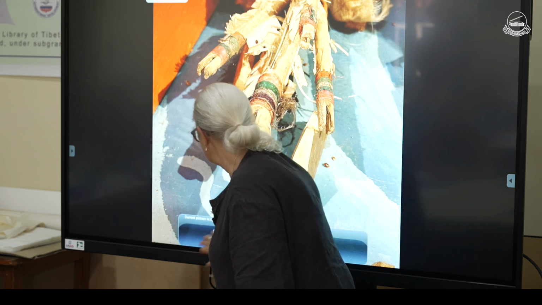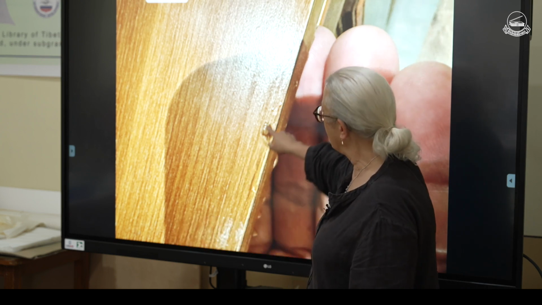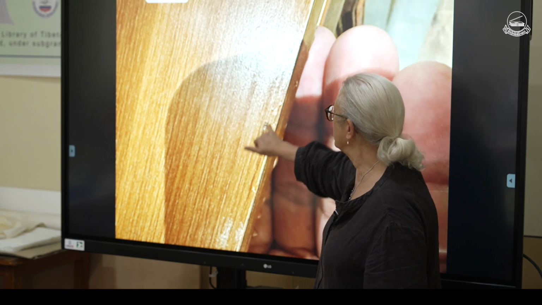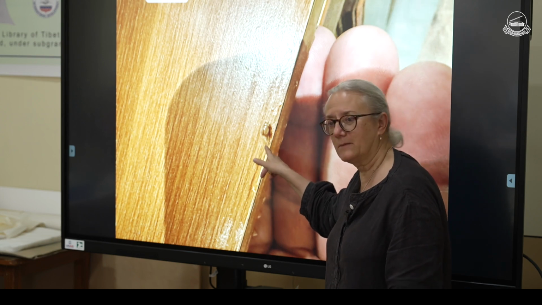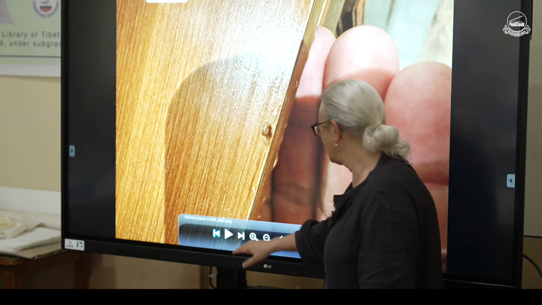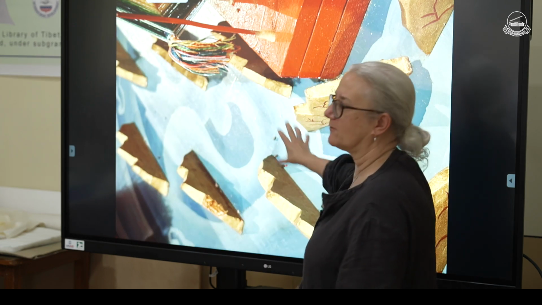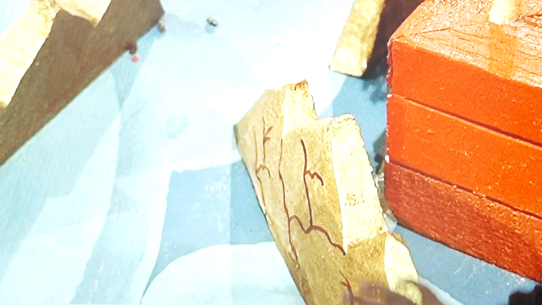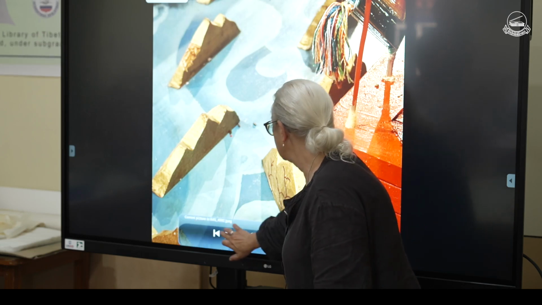Let's see. Here's one that was outside. And this is very important to see. It's not a very good image, but you see the beetle here. You see his back shell is slightly open. He's got his wings out. He flies. And then it's all throughout the case. The more I looked, the more I saw the insect damage, or the insects. They were live, they were dead, and again, they'll just eat each other. Once they're dead, they live off each other.